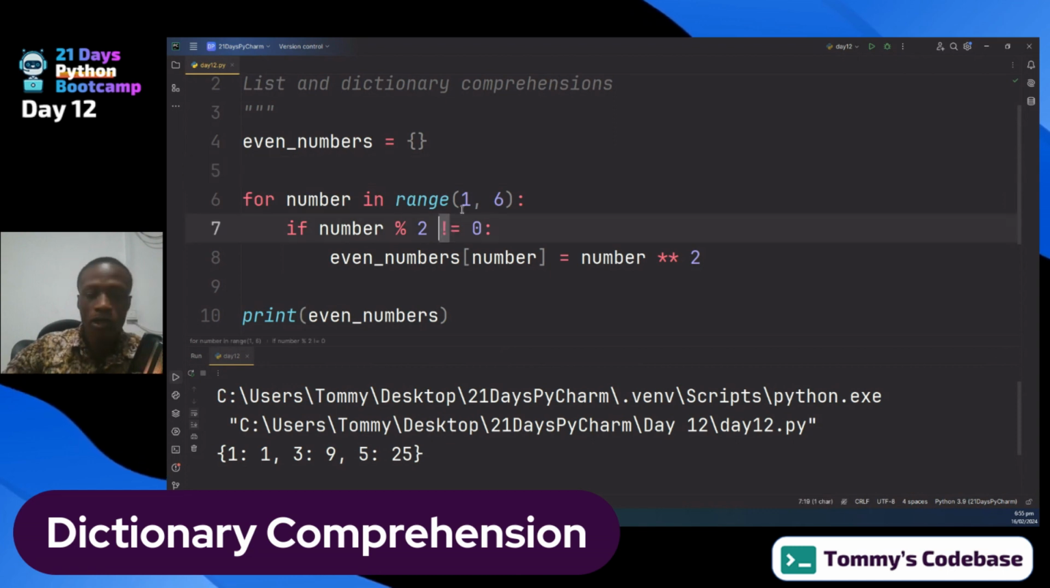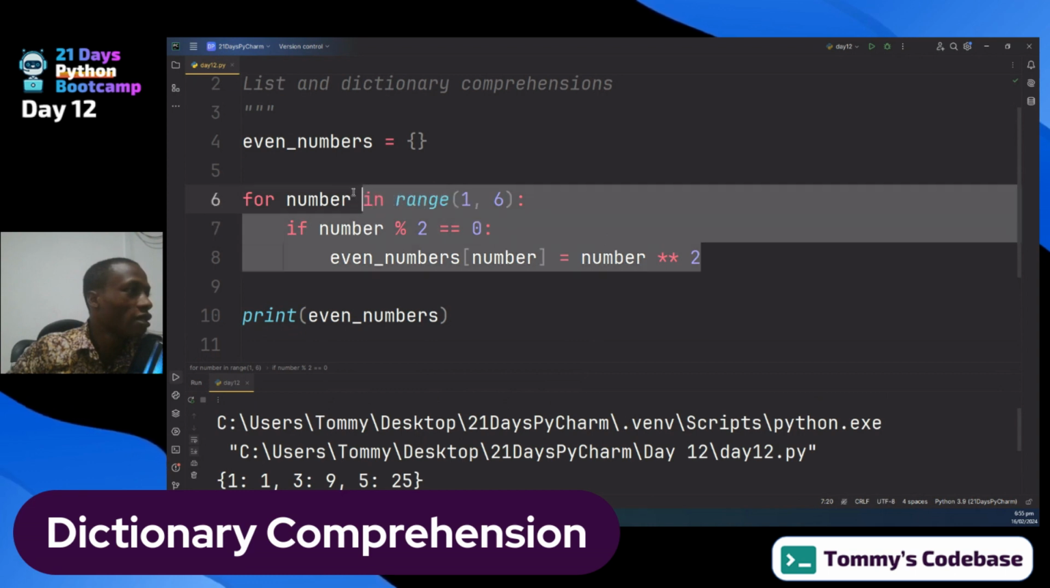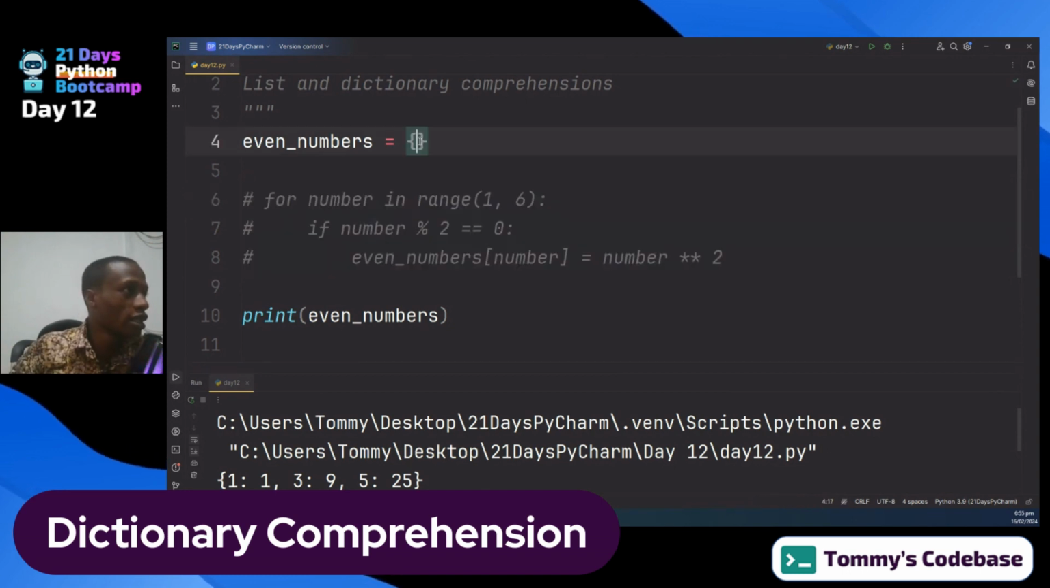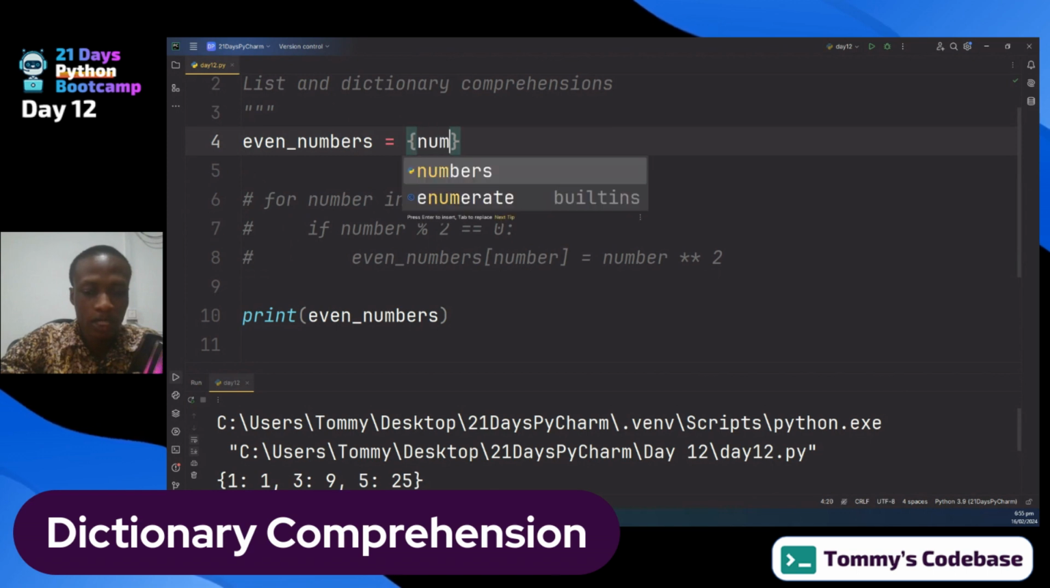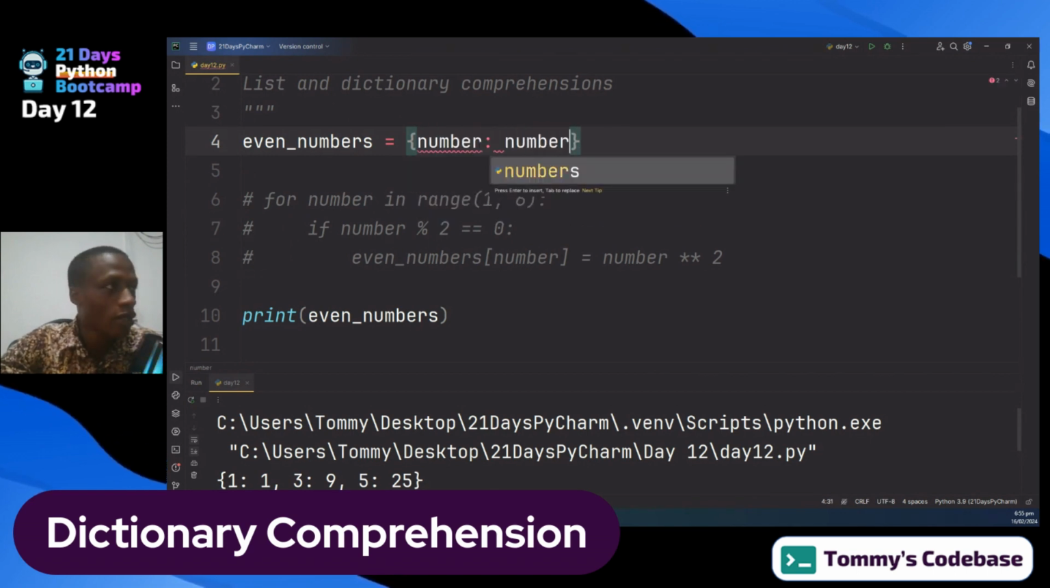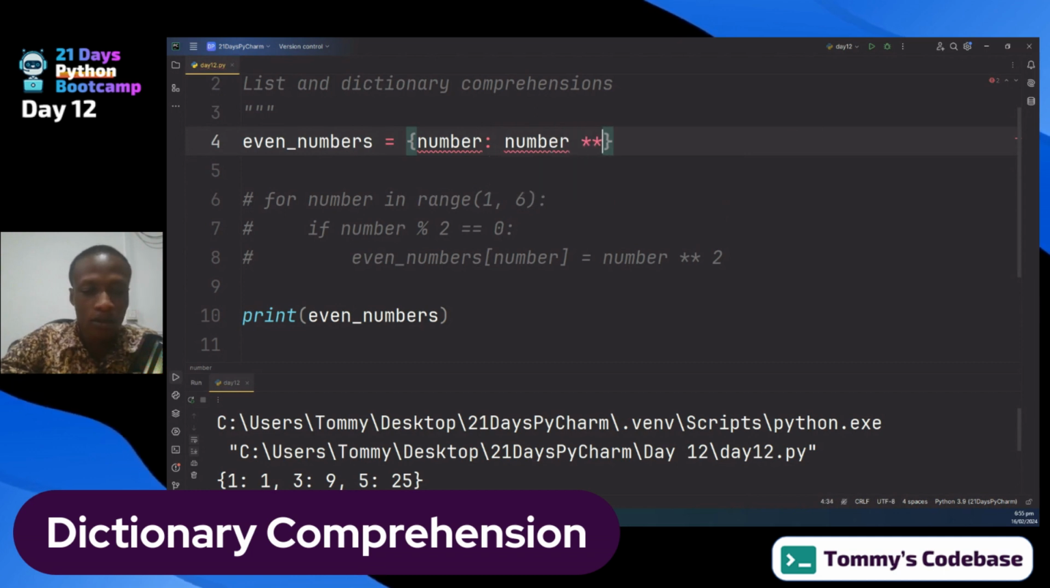So let's go back to our even. How do I now consolidate all these 3 lines into one line, like with a comprehension? I'll go ahead and comment out this one as always. And then you know that for the dictionary comprehension, we get 2 parts, which is number, and then the value, which will be number squared